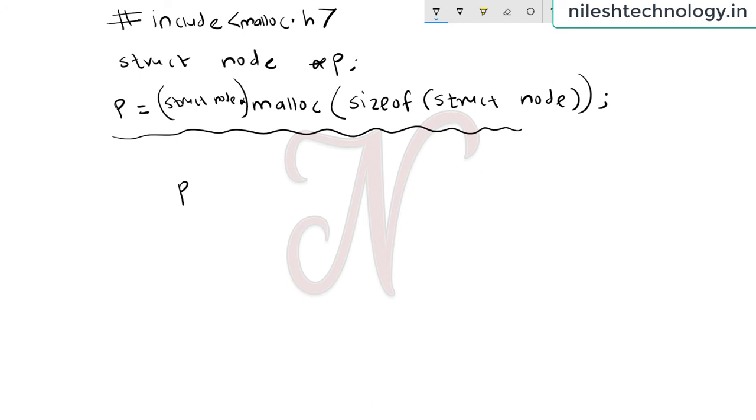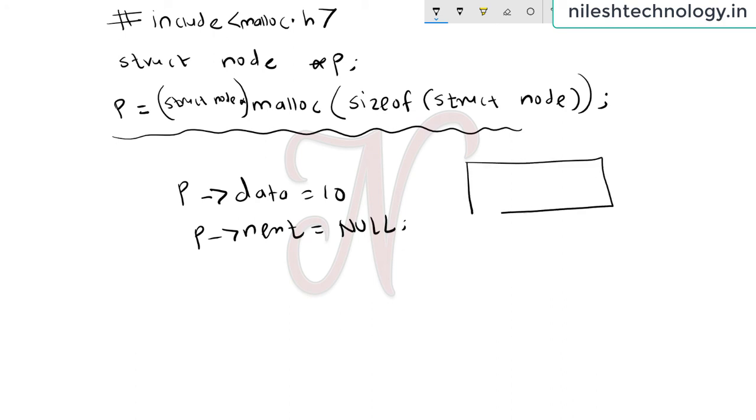So now p arrow data equal to 10 and p arrow next is equal to null. So by using malloc we create one node. See here, this is your node, named p, with p data equal to 10 and p next equal to null. So here we create one node and allocate memory by using the malloc function.